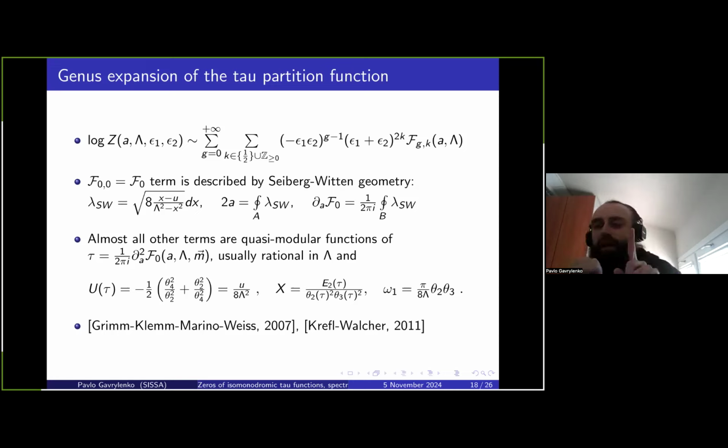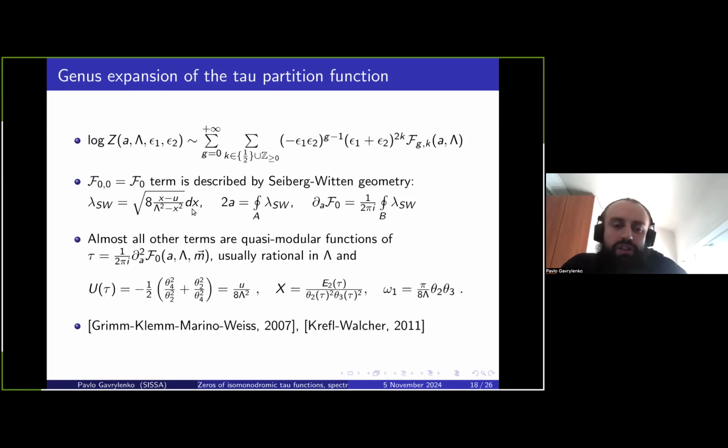So there are two axes that correspond to the expressions we have already seen. And the zeroth term in this expansion is described by the Seiberg-Witten geometry. It was the first object that appeared in the gauge theory studies, and then Nekrasov added these epsilons to be able to perform instanton calculations. So this first term is described by the Seiberg-Witten equations. So there is this curve